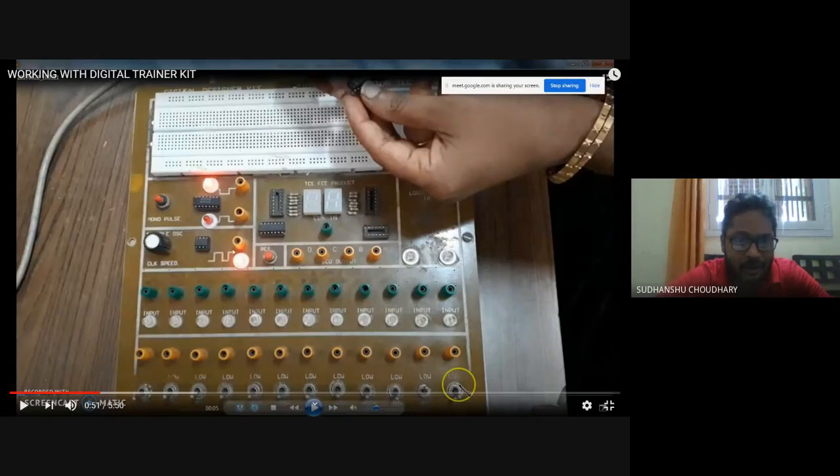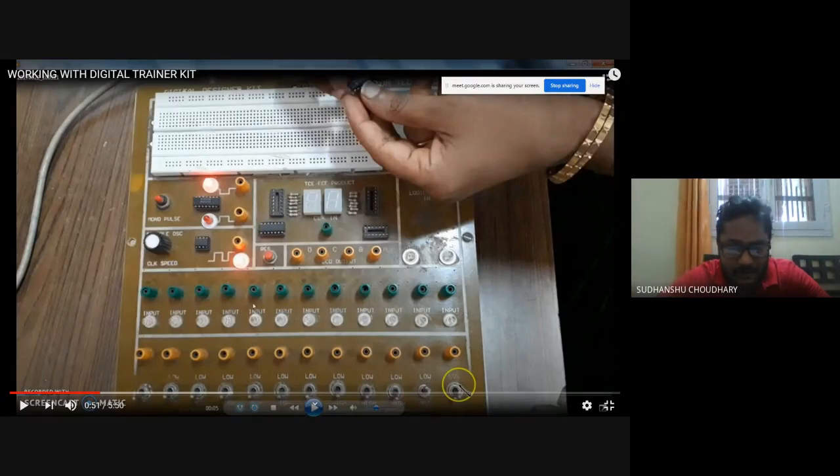Similarly, the clock source is present over here. Then you have inputs, those inputs which you will supply to your gates. Input means logic input I'm talking about, that is 0 or 1 logic. You can provide that from these input sources, which are in turn connected to the LEDs. So if one of the inputs is high, the LED corresponding to this input will light up.